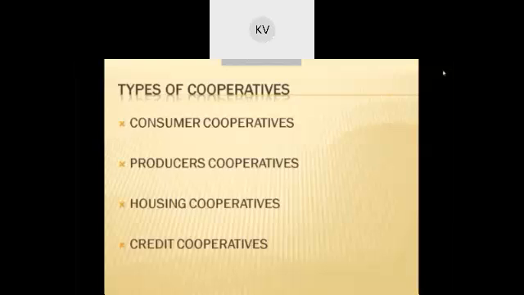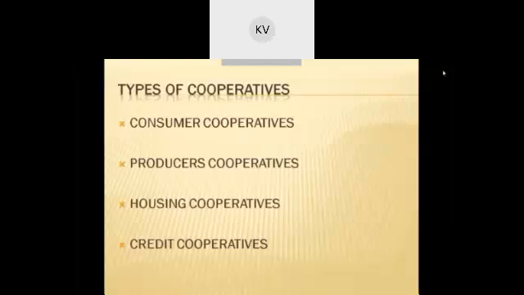You can see so many things: weaver societies, cooperative carpenting units, cooperative match factories, like that. These are the examples of producer cooperatives. Then we are going to see marketing